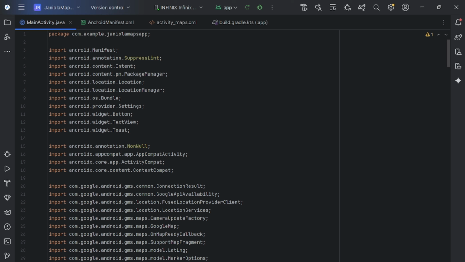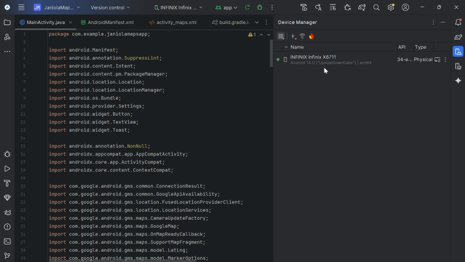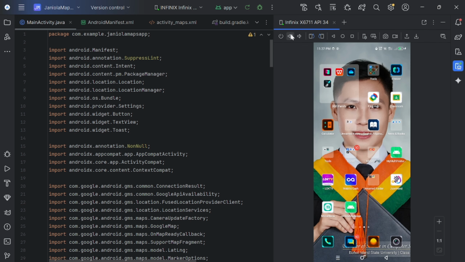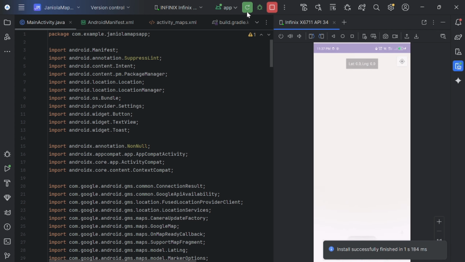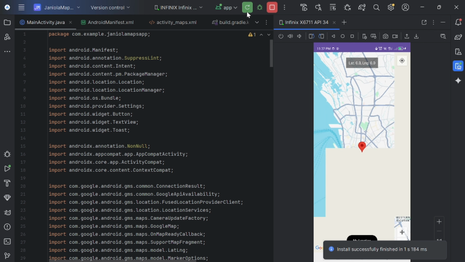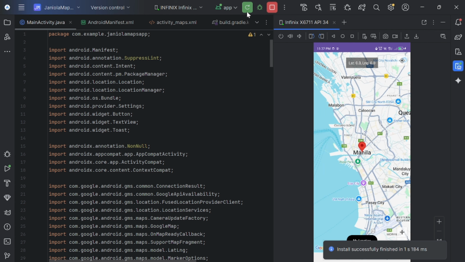These are the testing tasks. So let's go to map display. Let's run this. Alright.